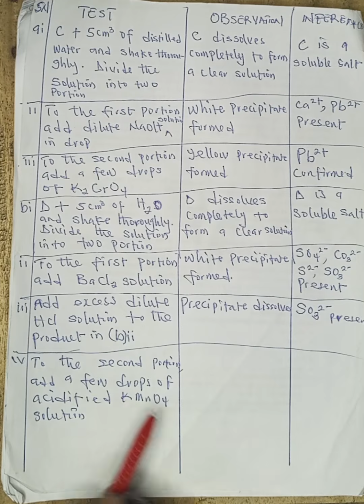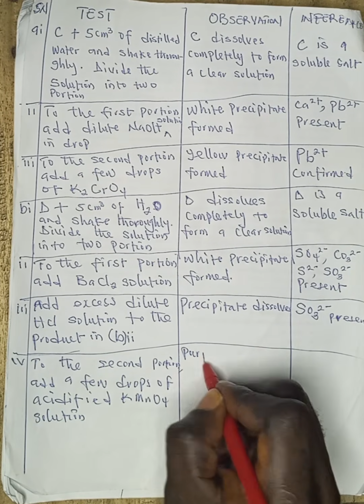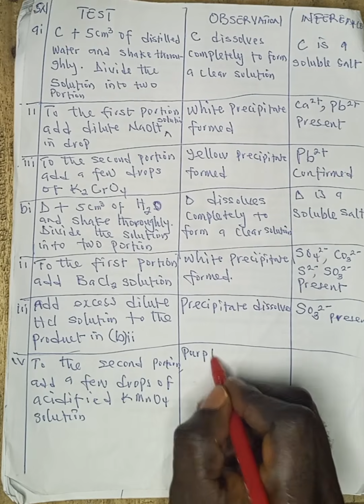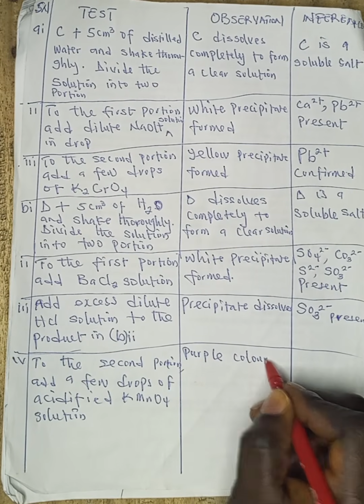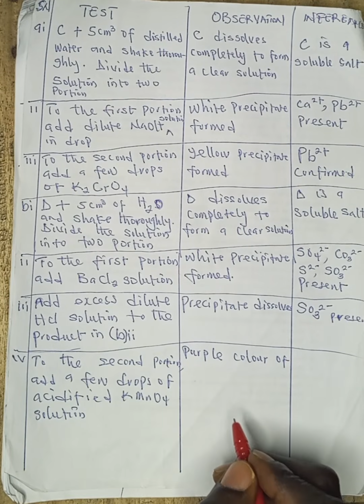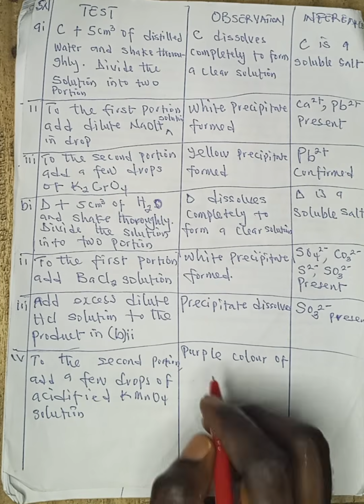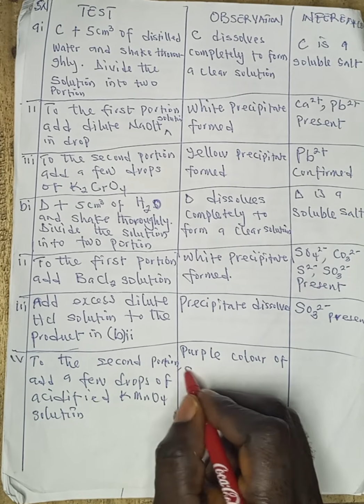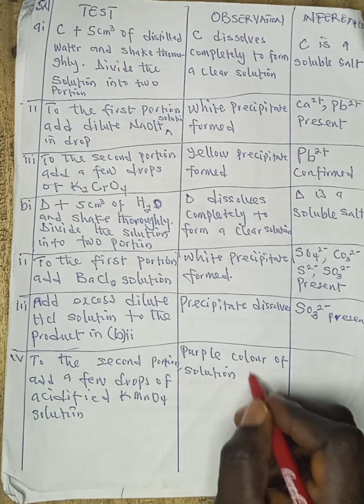Potassium permanganate is purple in color. So the purple color in your observation now, I see purple color of the solution. Purple color of solution disappears